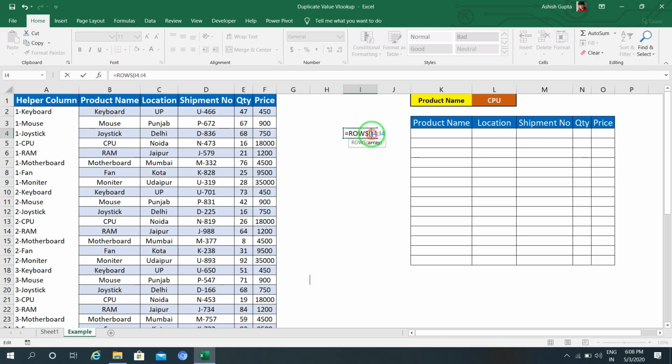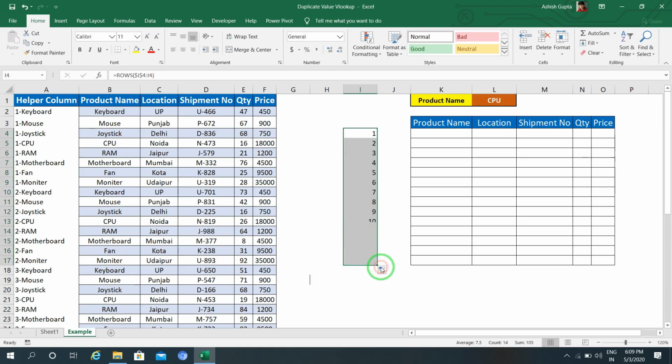I will select I4 and use F4 to freeze the first I4, then press enter and drag this till the end. So it will generate numbers 1, 2, 3, 4, 5, 6, 7, 8.